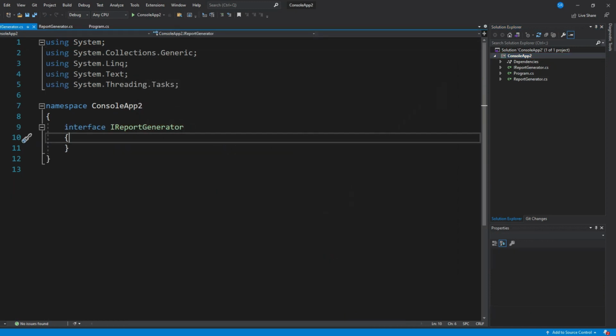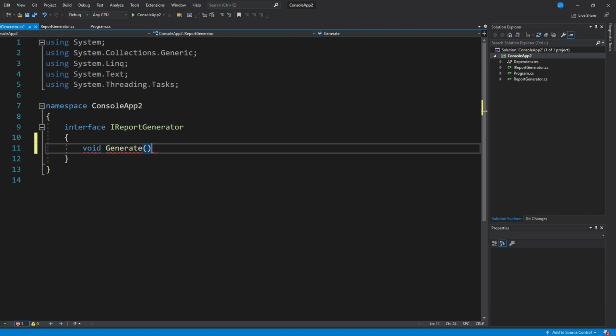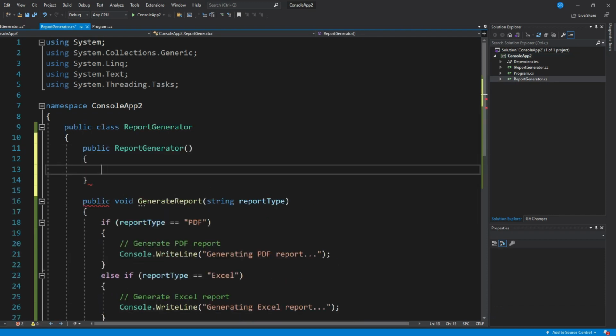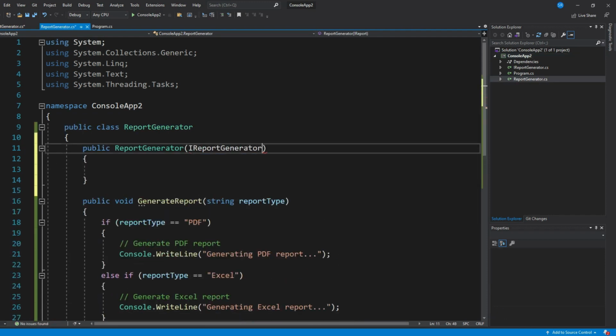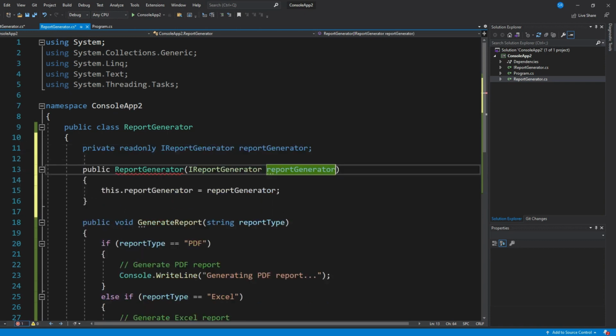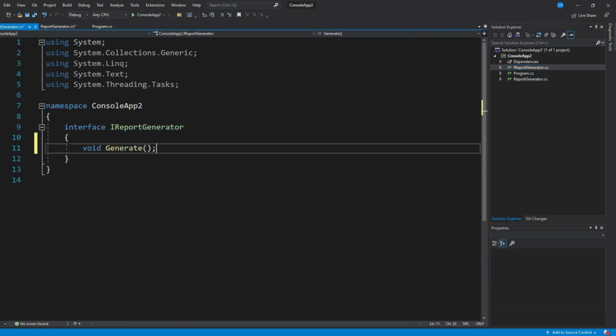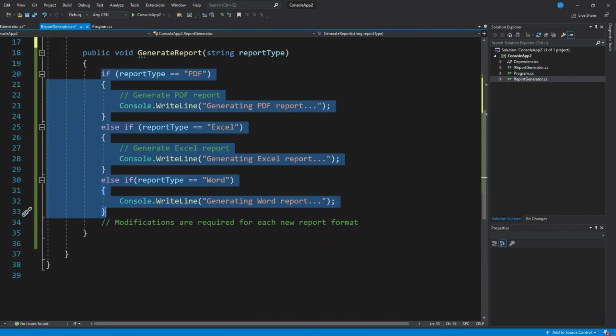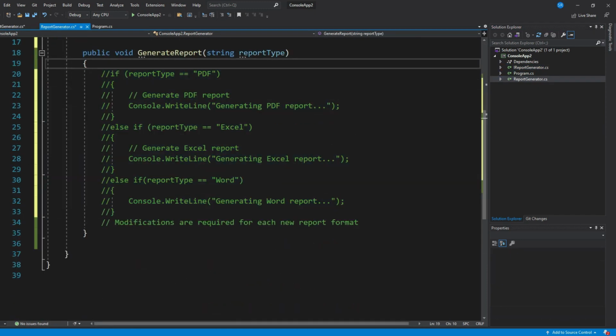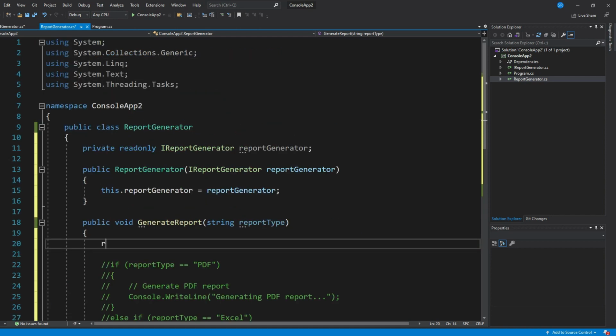Let's have a method called generate here. Now let's create a constructor for the report generator class and receive iReportGenerator as a parameter. Let's create a class level variable for this. Let me comment this if else statement. Now in the generate report class, if I call report generator.generate,